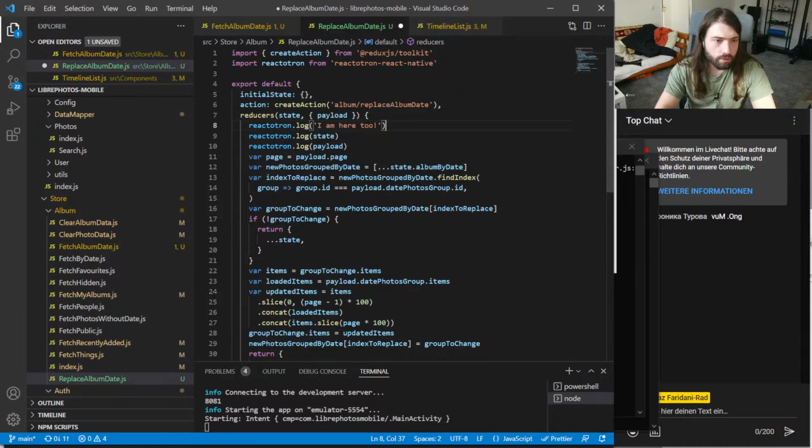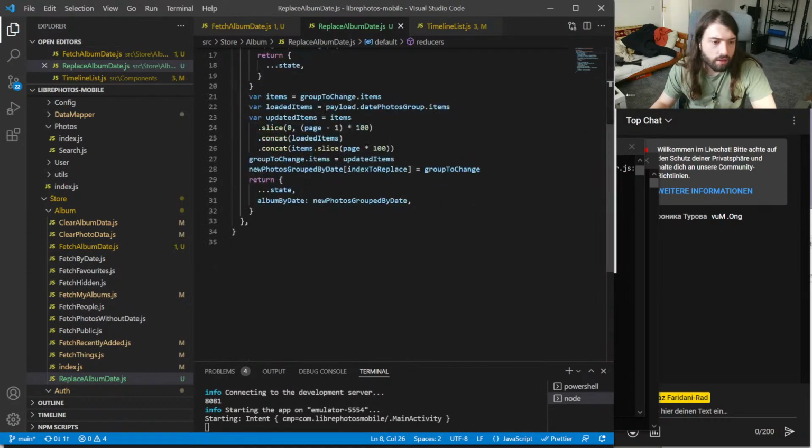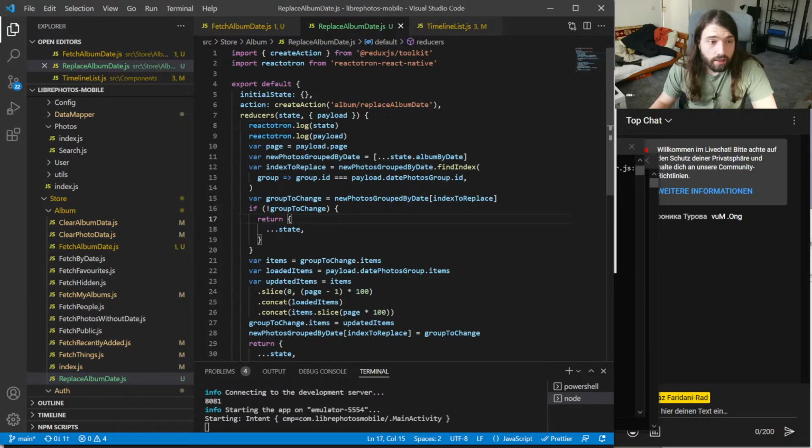Right, well, okay, we also have state and payload there, so that's good. So technically we should get into here somehow.